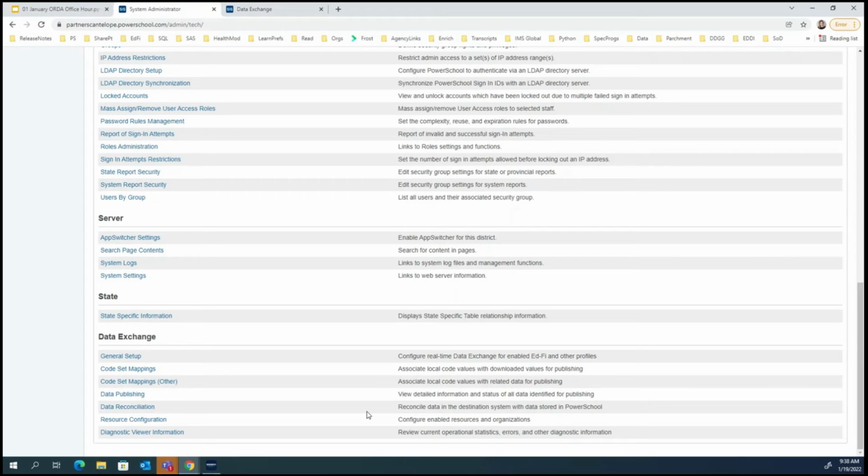Okay, good to know. For sure. And would you all recommend that they also wait to try publishing, or to go ahead and try that and see how it goes without the mapping? The code set mapping? Go ahead, Josh. Without the code set mapping, they will have errors coming through. If they are going to push data, just expect that any data being pushed that has an associated code set mapping, like behavior or incidents, or some of the terms, will probably have errors. Okay, good to know.